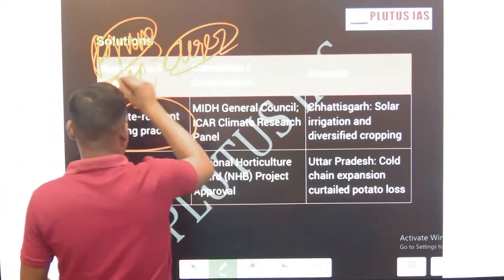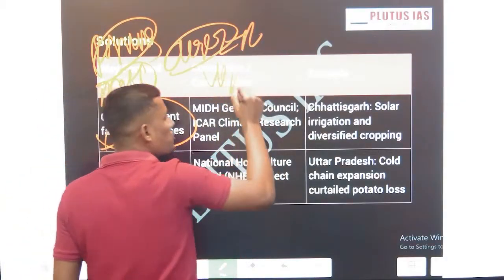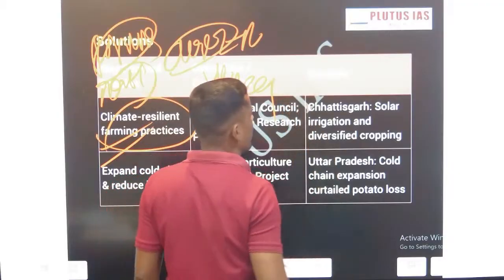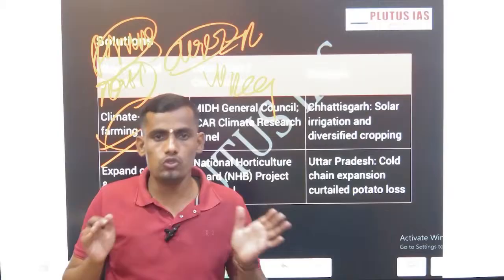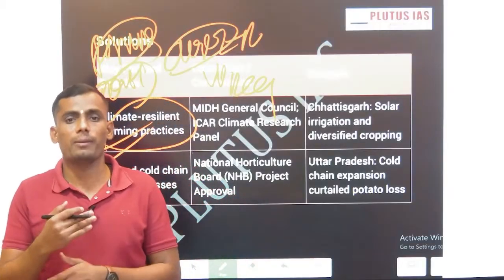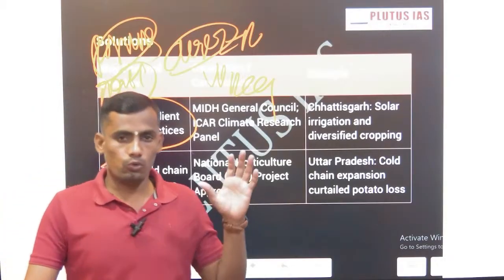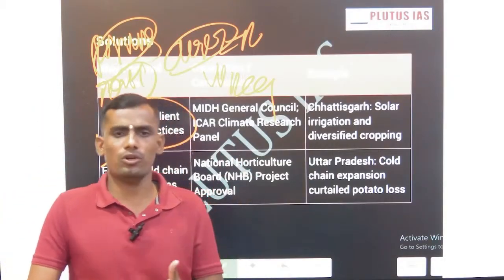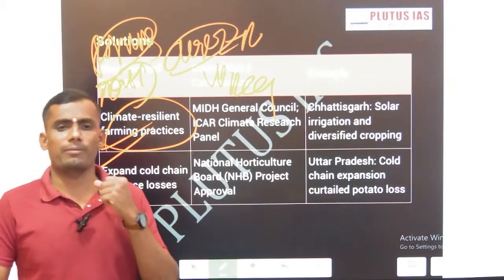Okay, then the first one is cluster farming, organic farming, precision farming, smart farming, digital farming. All these are nothing but the use of sophisticated tools and techniques to make farming more affordable and more profitable. Do mention, UPSC always asks at least one question from smart farming, digital farming, agriculture, precision farming.